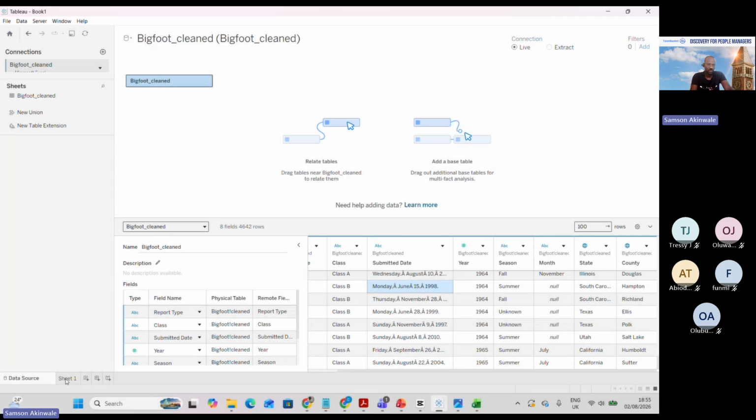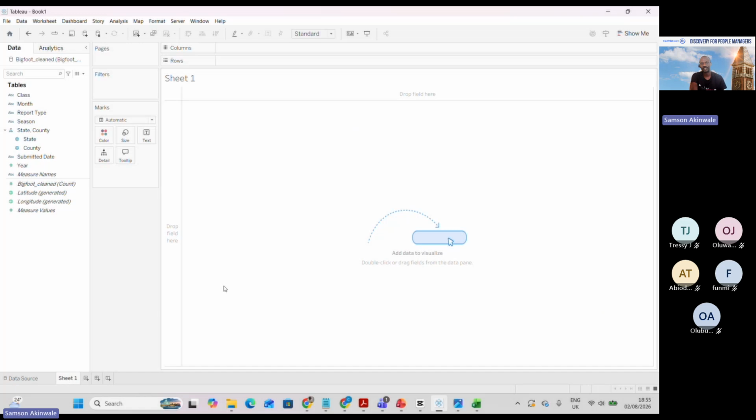If I click Sheet 1 now, it opens that sheet. You can see, just like I showed you before, the sheet is empty, the canvas is clean, there's nothing there yet, there is no chart. On the left, I have those tools. I have the color I can change or manipulate, whatever I want to add to my chart. Far left again, I now have the list of the different columns in the table of the data that I